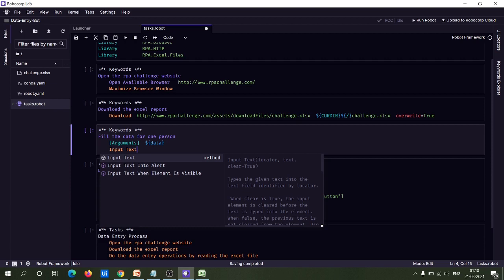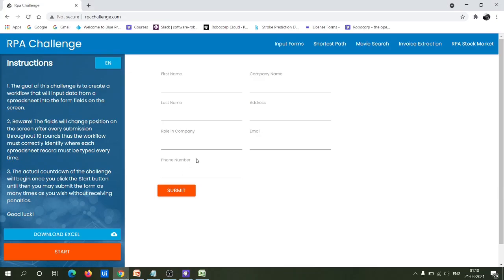For the input text keyword, you have to pass the arguments as the locator for that particular input field and the value you want to pass here. So first you have to pass the locator. You can pass the locator as XPath itself, because I see it's more stable.